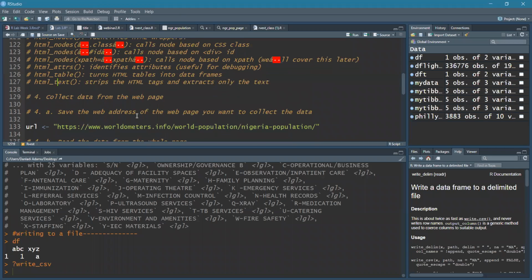So as a practical example, we have a web page. This is the URL to a web page. Let me just open the web page so we have an idea of what